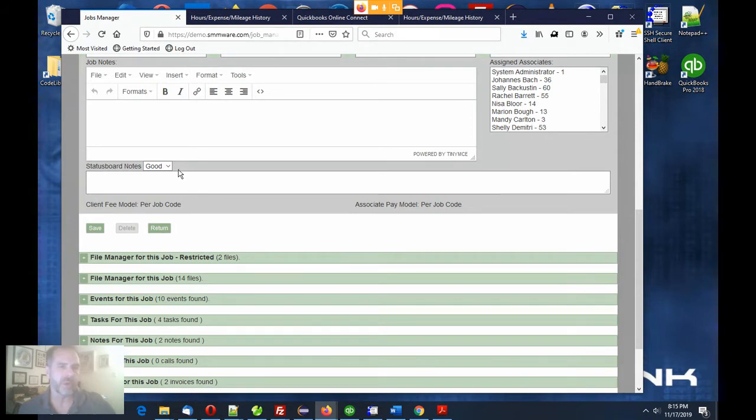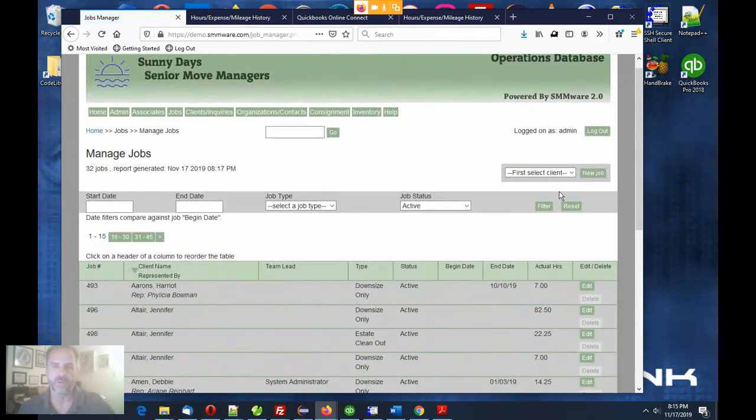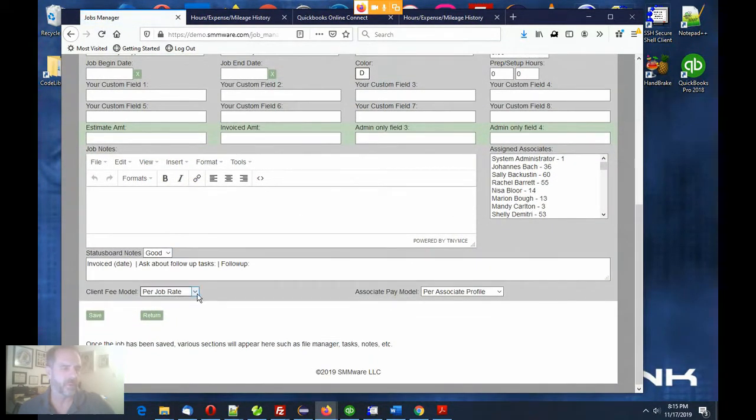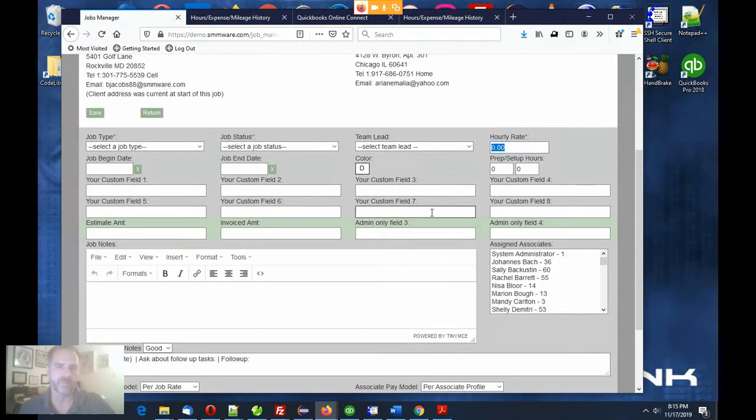Within SMMware, you can charge your clients in one of 2 ways. If you charge the same amount of money, the same hourly rate, regardless of the type of work being done, then we call that, I'm going to go ahead and start a new job so I can show you. So if you're using the same rate regardless of the task type, then that is referred to as being per job rate. And then you can set that rate up here under the hourly